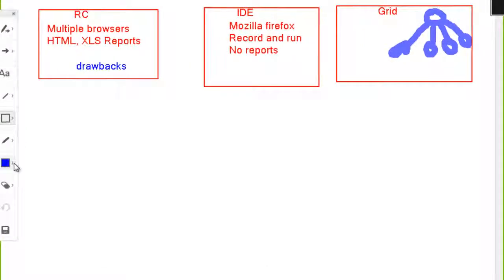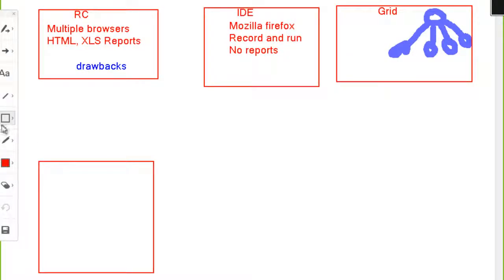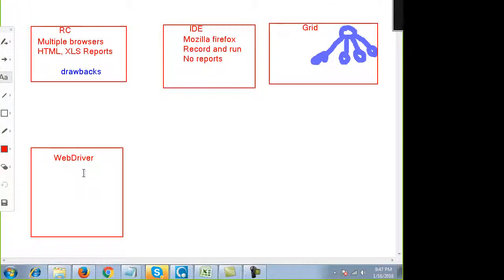So in 2011, somewhere around August, WebDriver came in the market. Selenium WebDriver. This is known as Selenium 2 as well. Selenium 2.0, and it could do the same things which RC could do. It could handle multiple browsers and all. It could generate reports.